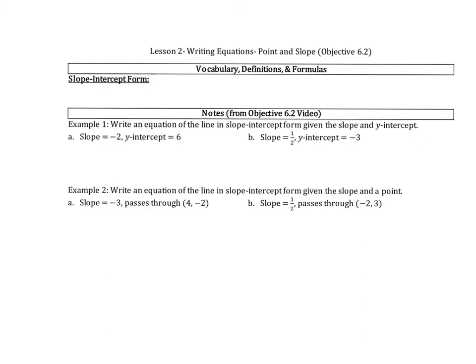All right, this video is over lesson 2, writing equations when given the point and slope. So first we need to remember slope-intercept form of a line. And slope-intercept form of a line looks like y equals mx plus b, where m is your slope,